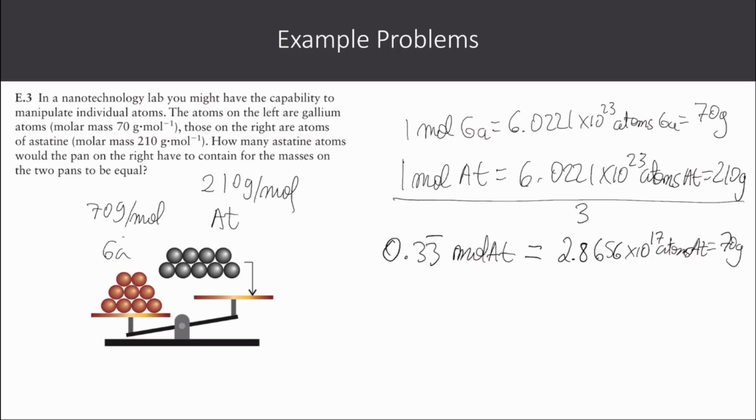Okay, so these many atoms of astatine is required to balance these many atoms of gallium. Okay, so to answer the question, to balance the pans, you will need